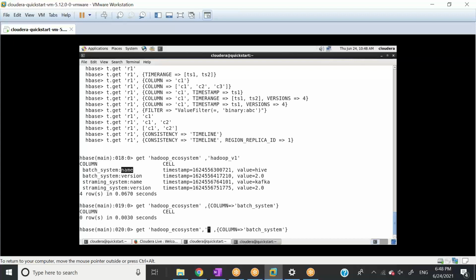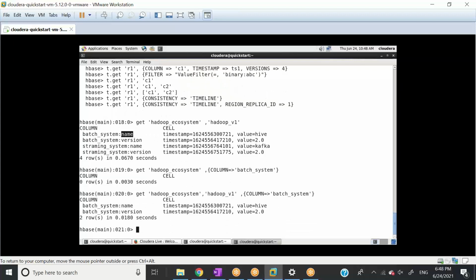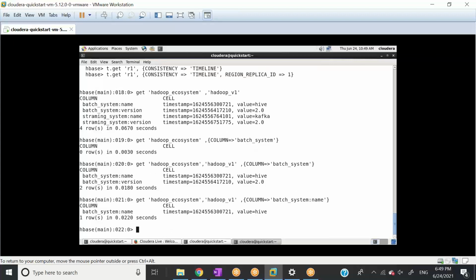So you will always give the row ID here, Hadoop_v1. Now it only gave us the column family batch system, right? Now let's say we want only name, I'm not sure it will work. Let's try. Yeah, it worked. From batch, it only gave the name column here, right?